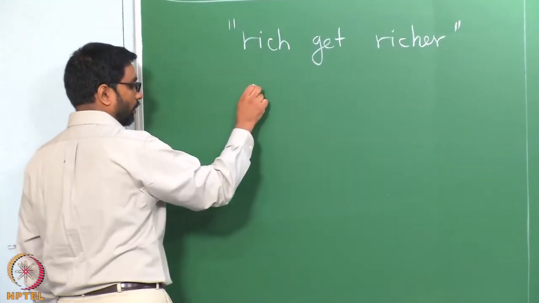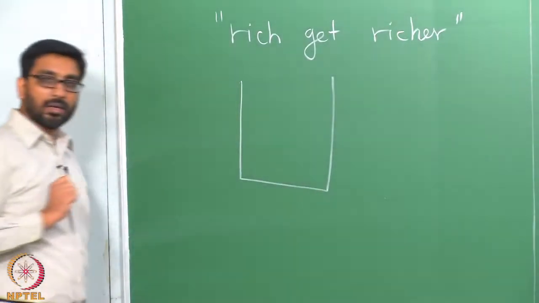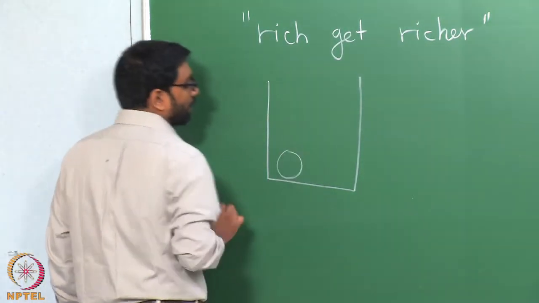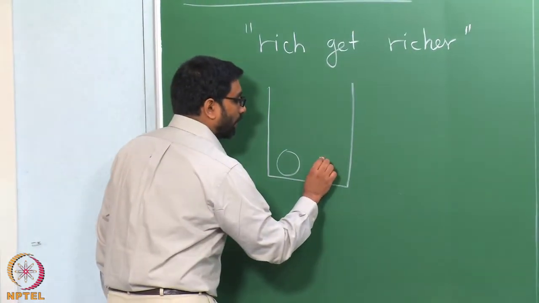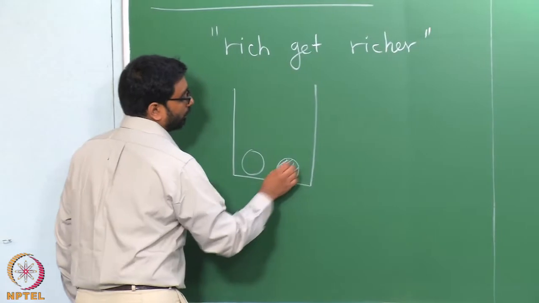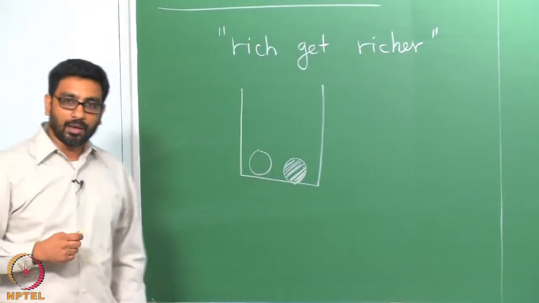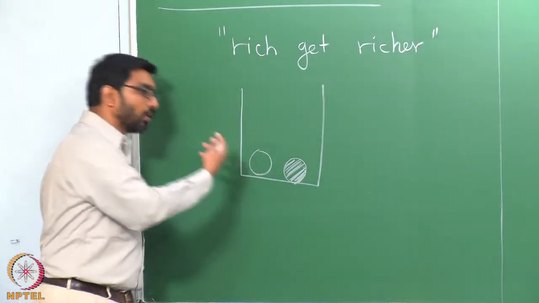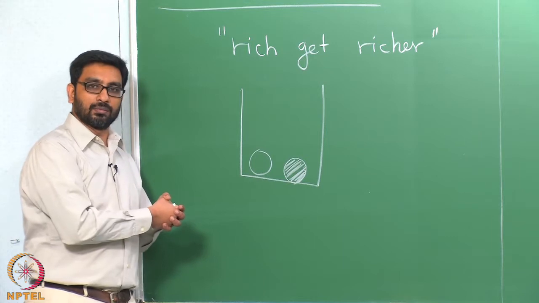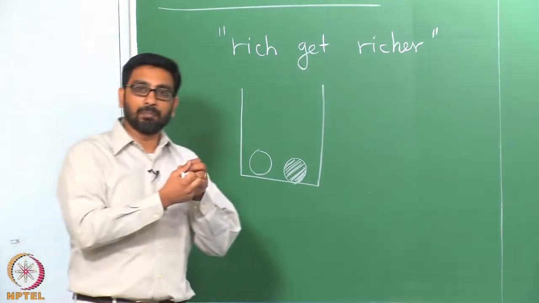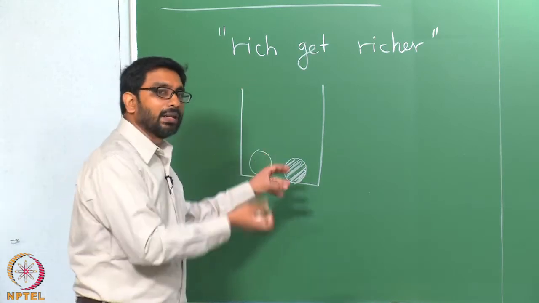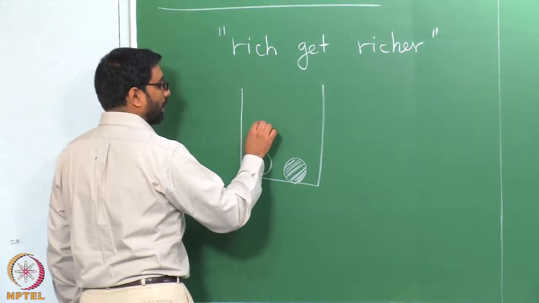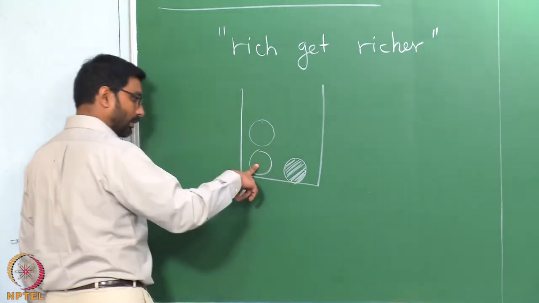We have a bin, and at the start of time we have two balls in this bin. One is a black ball and one is a white ball. And each time step we pick one of the balls in this bin uniformly at random, and then if it happens to be a black ball, we will replace the black ball and add a black ball. So, if we had picked the black ball, we would have replaced this black ball and